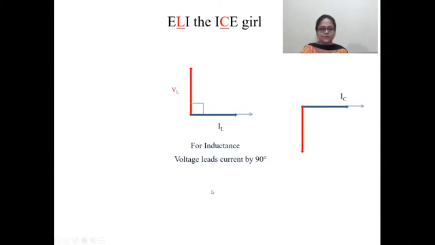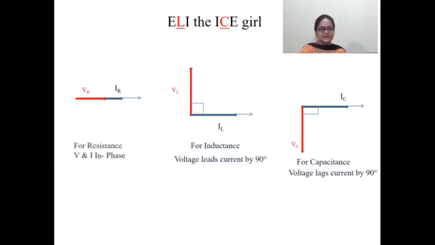Whereas the phasor for the voltage and the current across a resistor is very simple, because across the resistance, both the phases are in phase. Let us see how. Before that, we have to mention that the voltage lags the current by 90 degrees in the case of capacitance. Now this is the phase for the resistance. This is the phase of current across the resistor, and the same phase will be for the voltage across the resistor. Thus for resistance, V and I both are in phase.